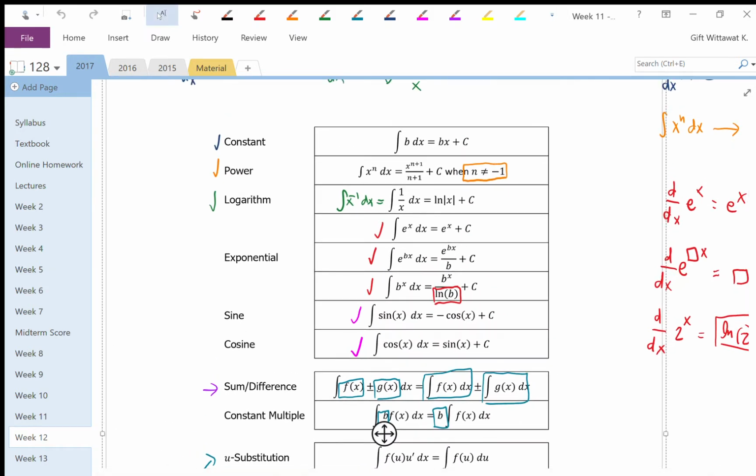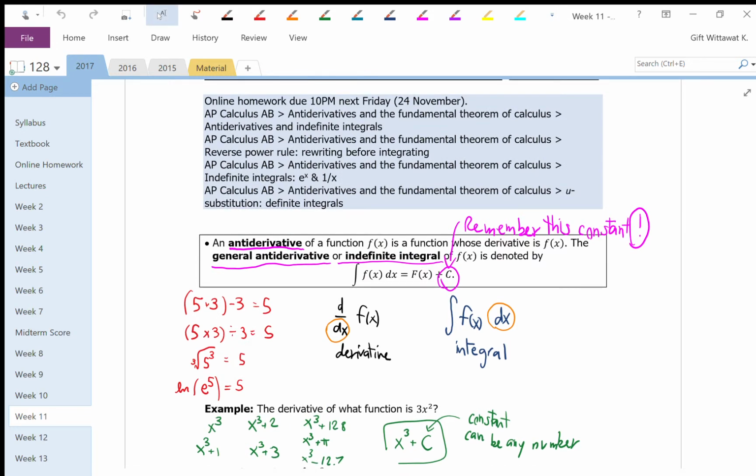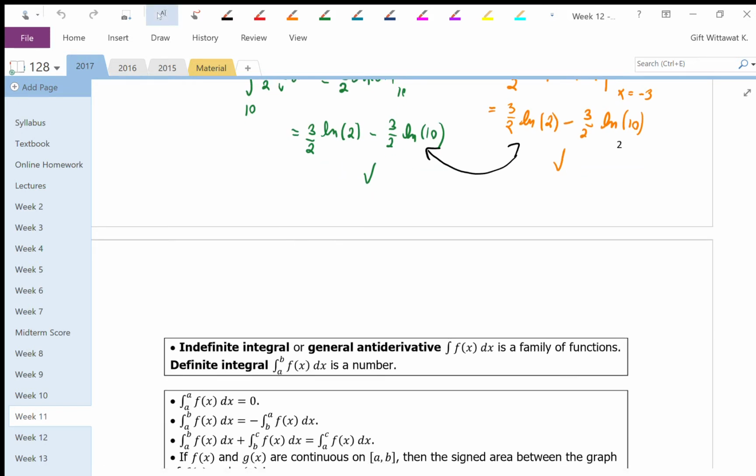We talked about the integral without the limiting, without the endpoint. This is called the general antiderivative. This is called the indefinite integral. So without the endpoint, this guy is going to be a family of functions. It's going to be a function with a plus c constant. However,